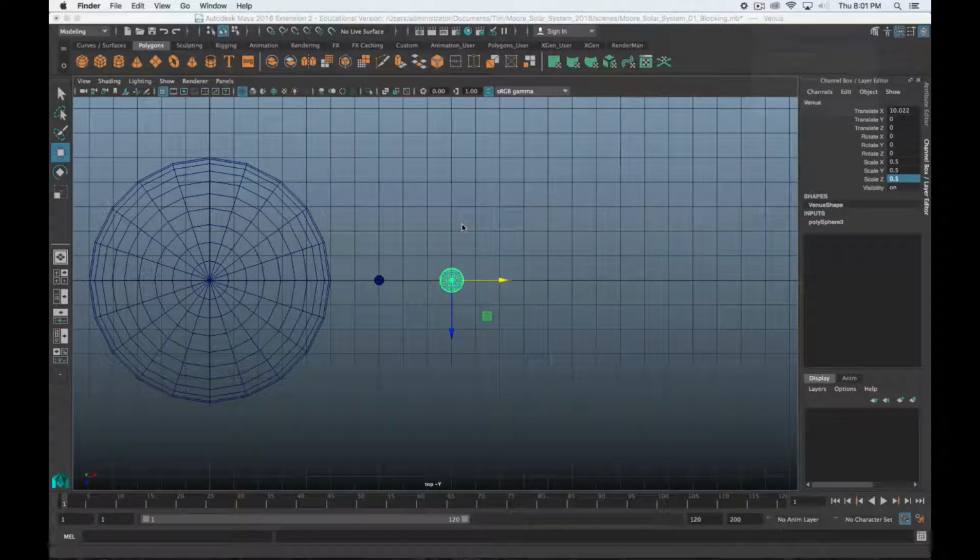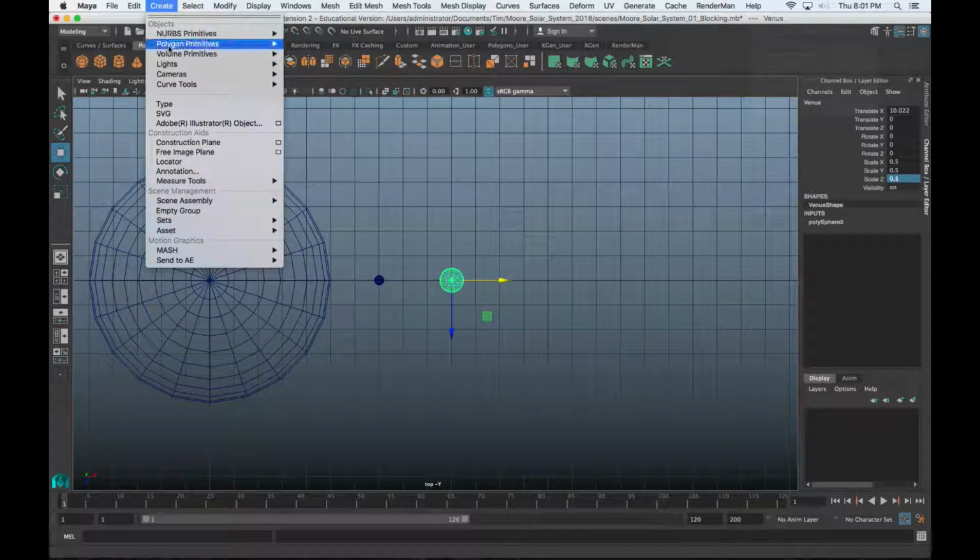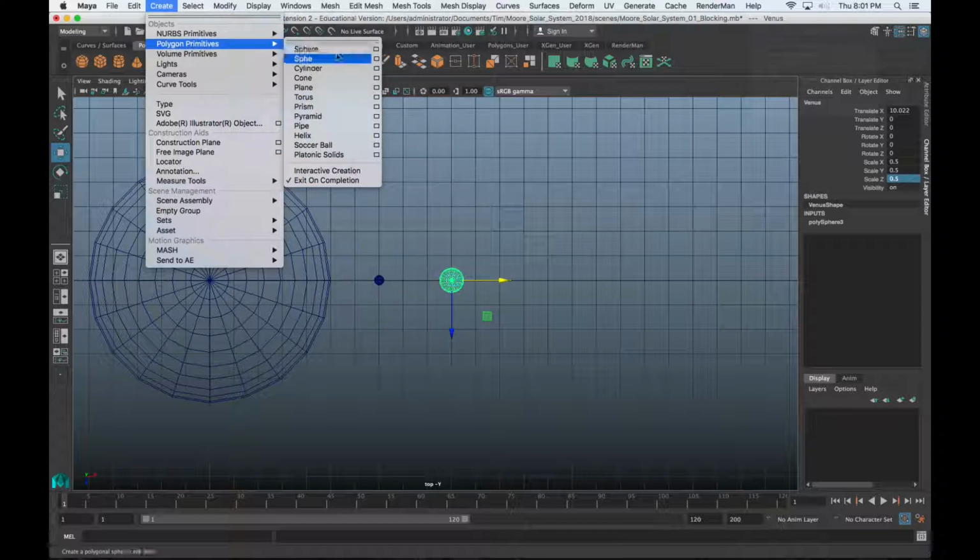Okay, so I've got Venus in place. Let's add another one. This time I'm going to do this through the Create menu. So Create, Polygon Primitives, and Sphere. Now, you'll notice next to all of these options is a little box. That's how to access the options for that tool. So if I click on that box,